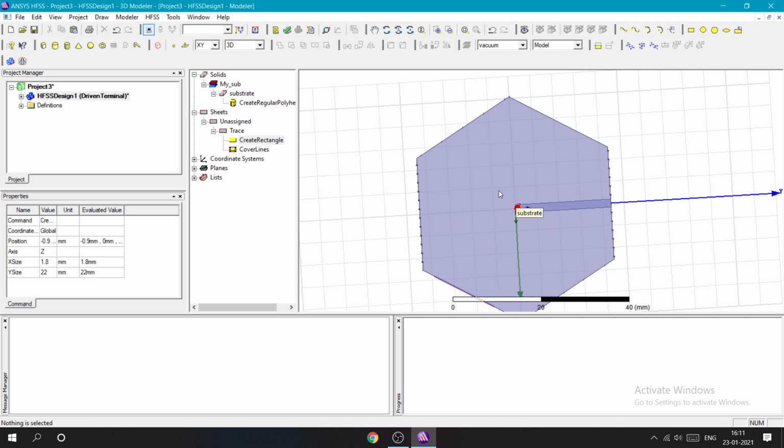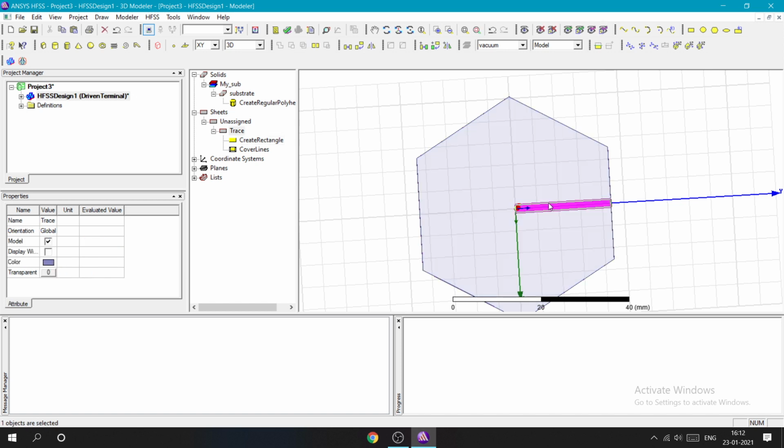After creating this, we need to create multiple traces. One should touch here, one here, one here. By basic geometry, if you draw perpendicular lines like this, the angle will be 60. So I will rotate this by 60 degrees. A copy will be rotated 60, again a copy rotated 60, and one more copy rotated another 60. So basically we need 4 of them at an angle of 60 degrees.